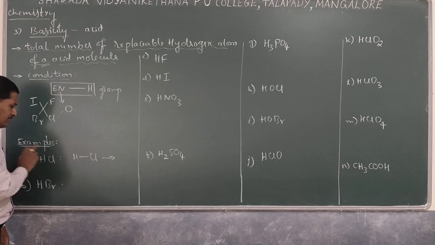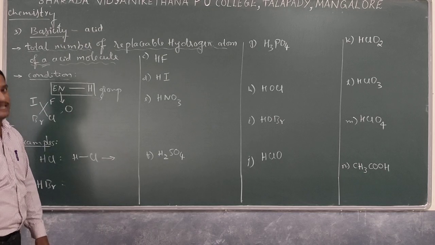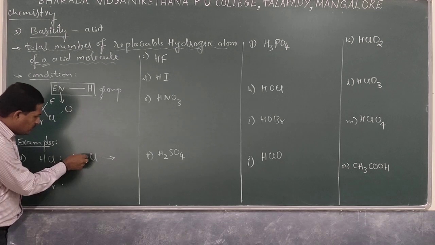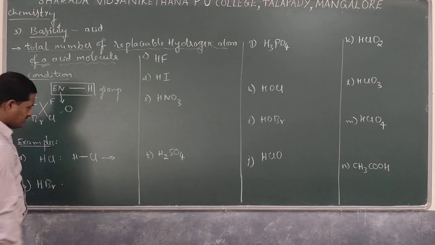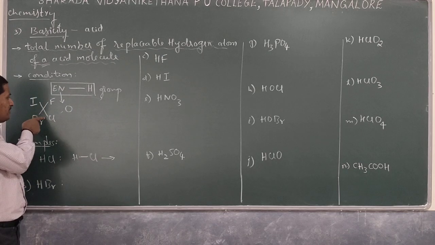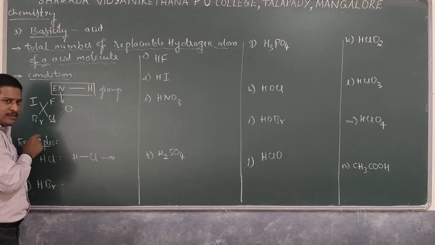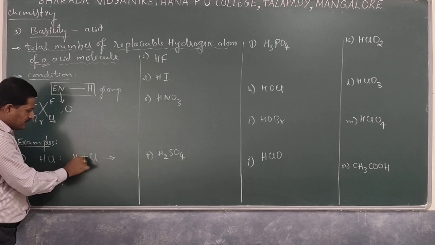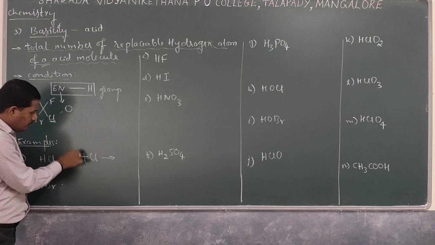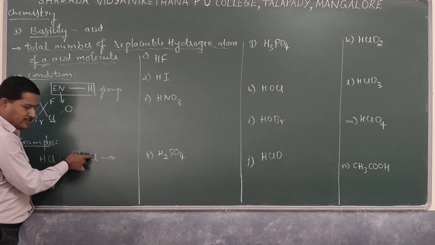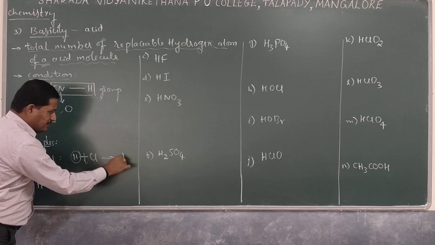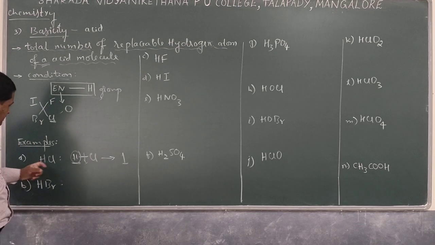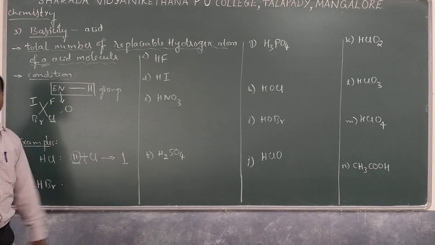If HCl is one of the examples, HCl is called hydrochloric acid. It is one acid. And in this case, if you write the structure, between hydrogen and chlorine only one covalent bond is present. And this chlorine comes under our condition, it's a halogen, chlorine is our halogen, and that is a more electronegative element. To that, hydrogen is bonded, so this bond breaks, and that will give hydrogen. So there is only one H-electronegative bond present, so the basicity of this HCl molecule is 1. The replaceable hydrogen present is only 1. So the basicity of hydrochloric acid is 1.